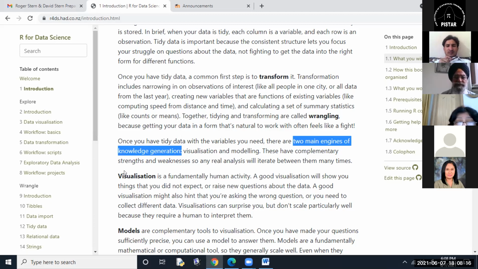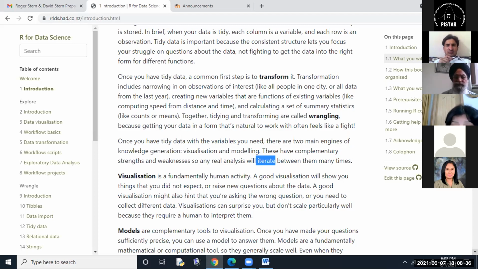These have complementary strengths and weaknesses, visualization and modeling. So any real analysis will iterate between them many times. See what an important statement it is.